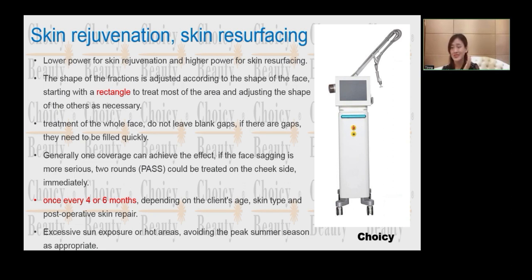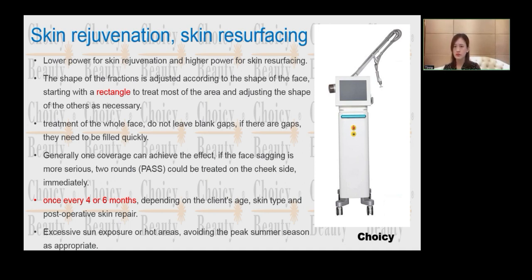But for the cheek side, if the sagging problem is serious, you can do 2 rounds of treatment at the same time. It also depends on what kind of energy you are using, which is very important. Every 4 to 6 months we can do one treatment, depending on how the client is recovering, and the client's age, skin type and post-operative skin repair.